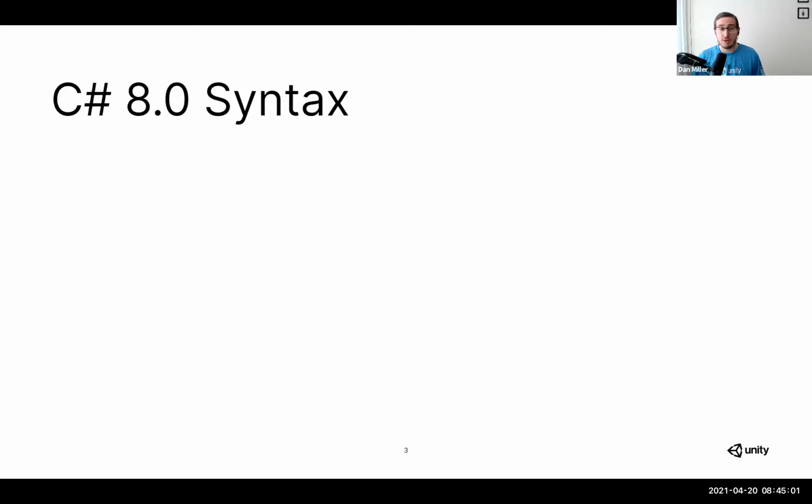So if you're not familiar, C# 8 is available, and in Unity we have several features available. There are a few that are not available, so I just want to call those out, and then I'm going to show some use cases and examples for some of the ones that are. There are about 16 or 17 new features. Four of them are not available yet, and this is in the LTS: default interface methods, indices and ranges, asynchronous streams, and asynchronous disposable. So with those out of the way, let's hop into some of them that are supported.